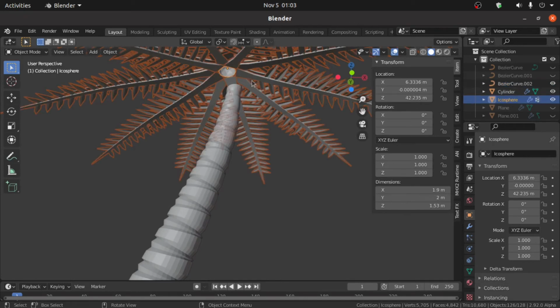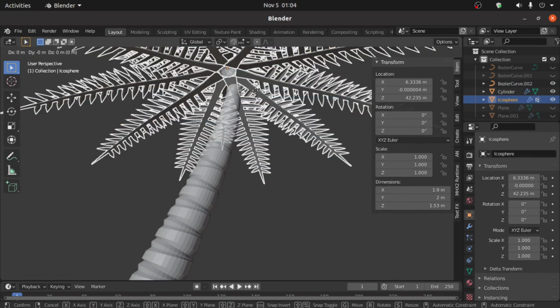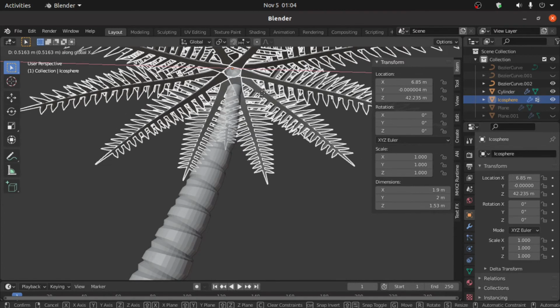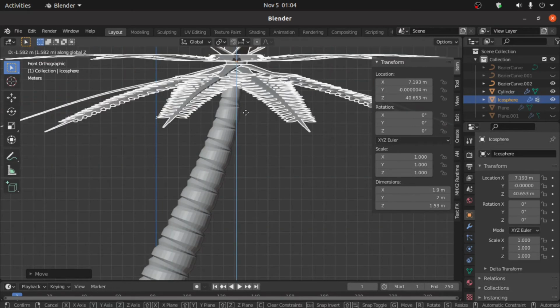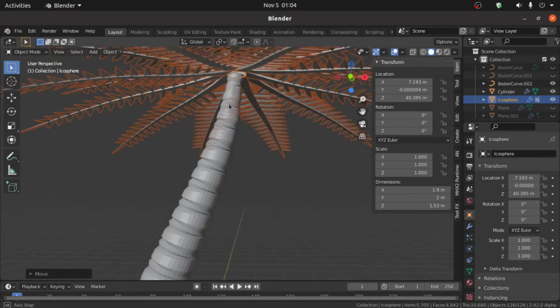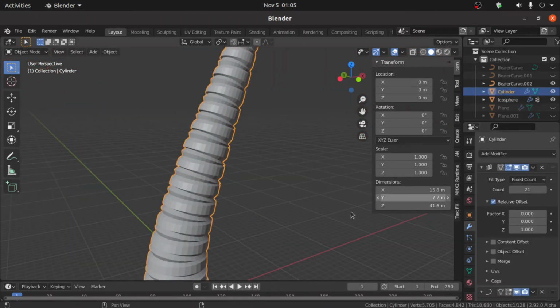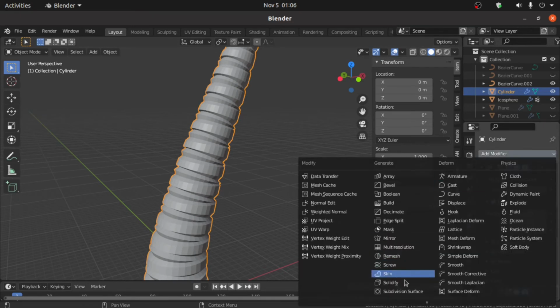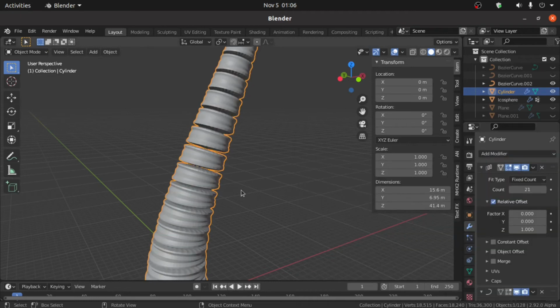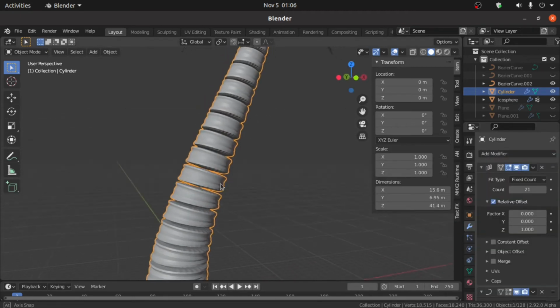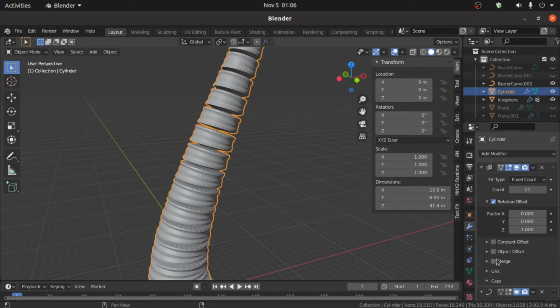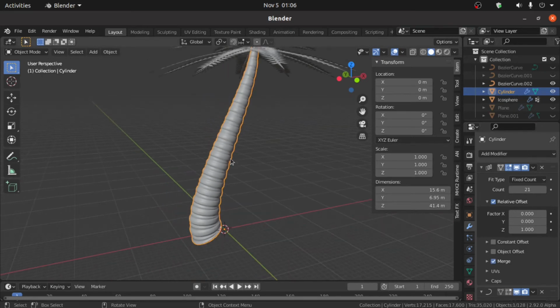Now select this, then press G, then X to move on the X axis, then press G, then Z to move on the Z axis. Also you can apply it on a subdivision modifier. So simply apply a subdivision surface modifier here, but it will take much more time and you will get such a type of glitch. The reason is you have to enable this merge option, so it will be automatically fixed.